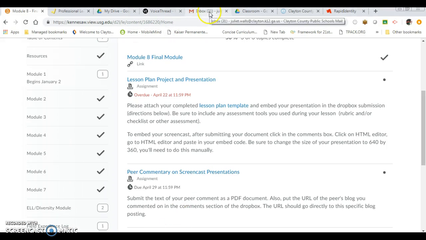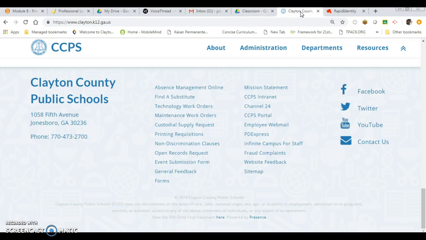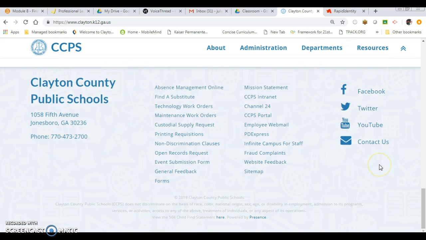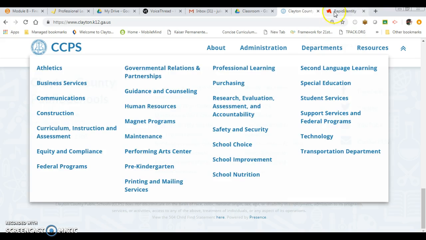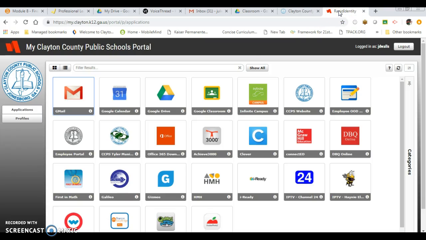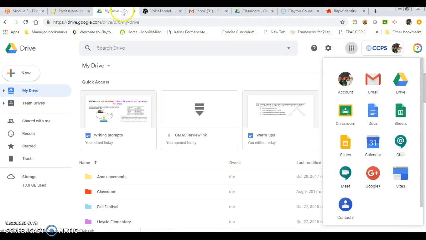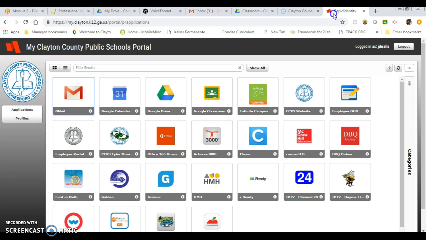So the first technology aspect of this particular lesson plan starts with our district's portal. Every student knows to go to our district's website, click on CCPS portal, and then it'll bring them to a sign-in page and eventually bring them to this portal. The focus within this was Google Drive, which, as you can see, accesses all of our Google Suite applications that every student has access to. Also Google Classroom, which takes it directly to the classroom instead of having to go through the different steps, as